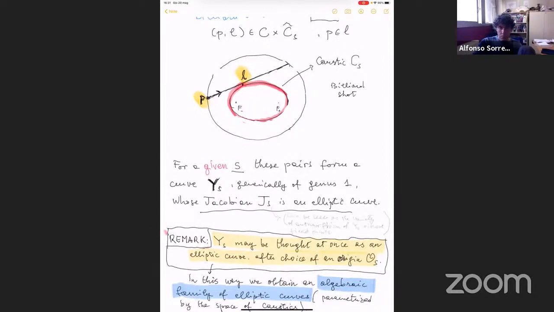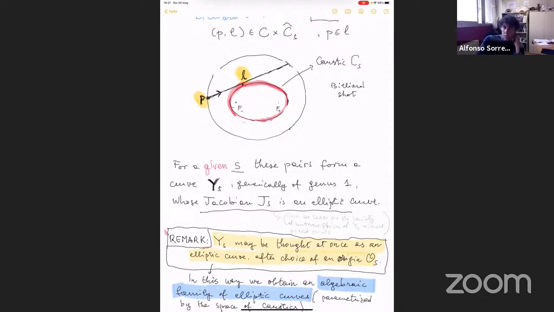And this curve is generically of genus 1. This may be proved, it requires proof, but it is not difficult. And so this pair may be viewed as an elliptic curve. We may consider the Jacobian, but if you want to avoid any technicality, we have the set of pairs